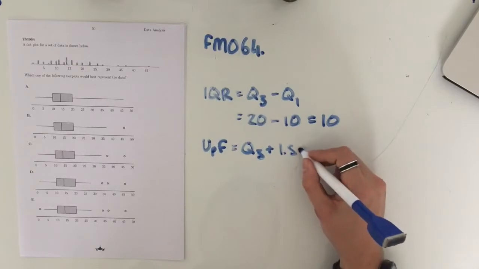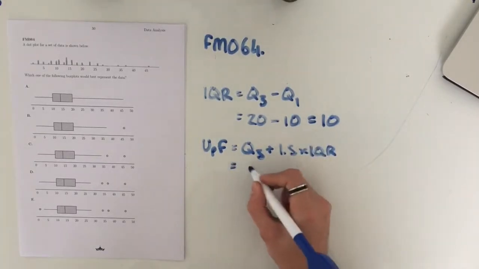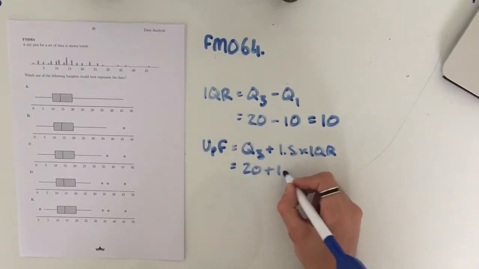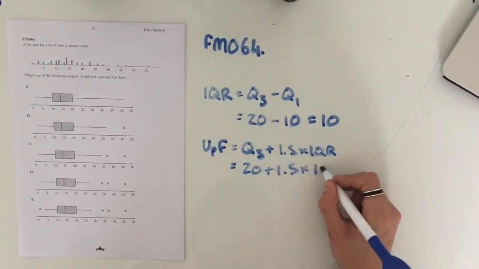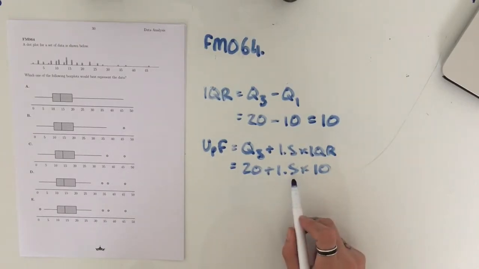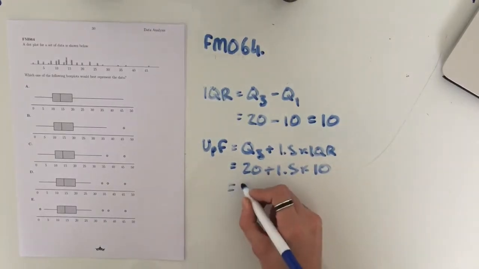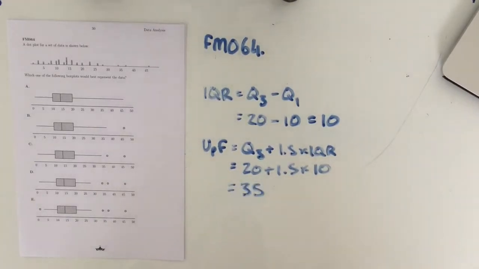Now when we want to find our upper fence, that's going to be Q3 plus 1.5 times the interquartile range. So 20 plus 1.5 times 10. If you plug this into your calculator, you'll find that it gives you 35. If you can do 1.5 times 10 in your head and add it to 20, well done. But that is going to give you a value of 35 for your upper fence, which means that immediately we're